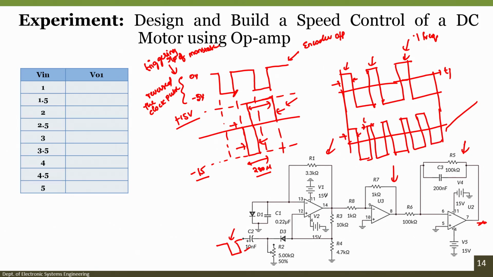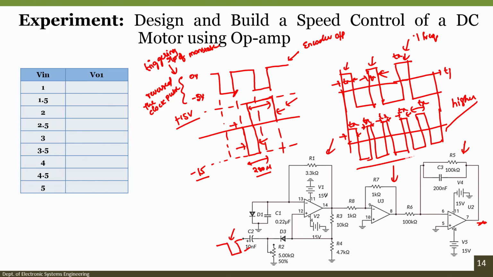Because this constant is always fixed, and this entirely depends upon the monostable multivibrator that we have designed. Even in this case, this is Tx, this is Tx, and this is also Tx, but the number of such Tx pulses occurring in a higher frequency signal is higher than in the low frequency signal, right, which means that when the input voltage to the motor is higher, we get more number of such pulses.